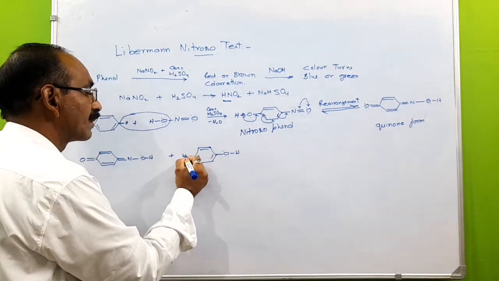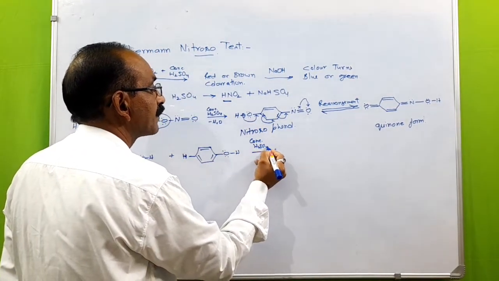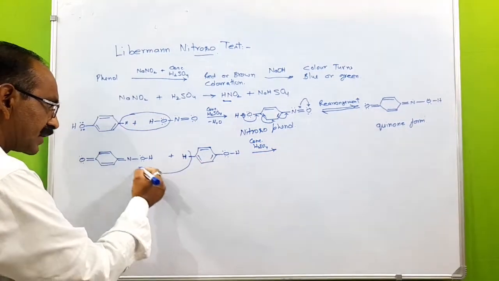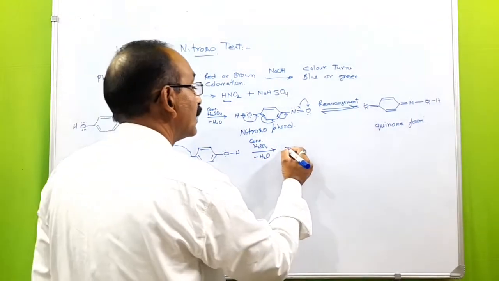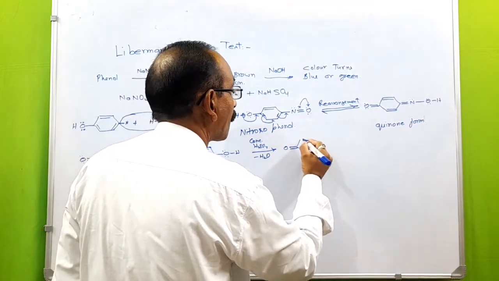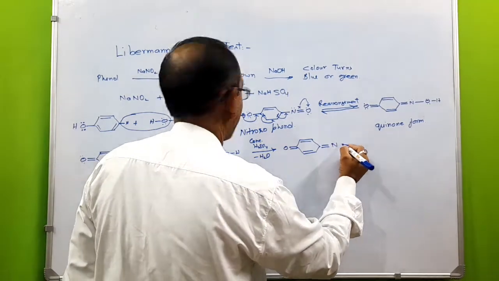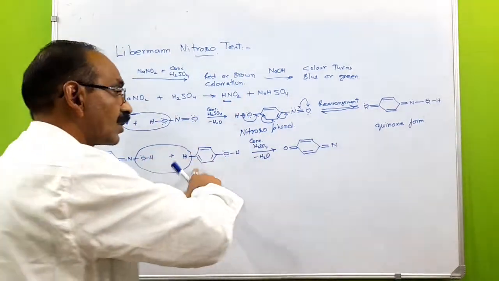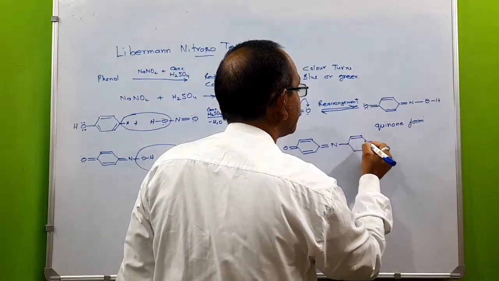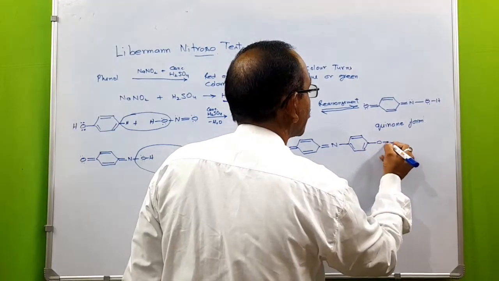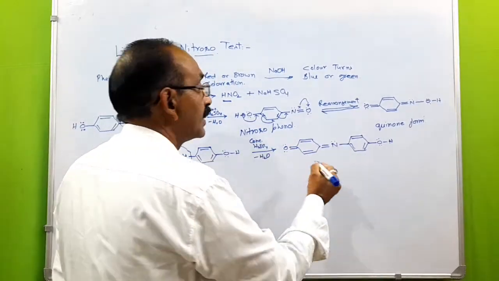See, as the reaction occurs in presence of the concentrated H2SO4, again the para hydrogen comes out with the OH in the form of water. And see, nitrogen has broken one bond, the ring has broken one bond. So a new bond will form in between the ring and nitrogen. Here it is OH. So the compound thus formed is called